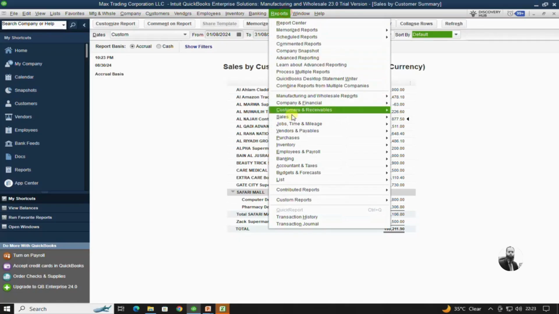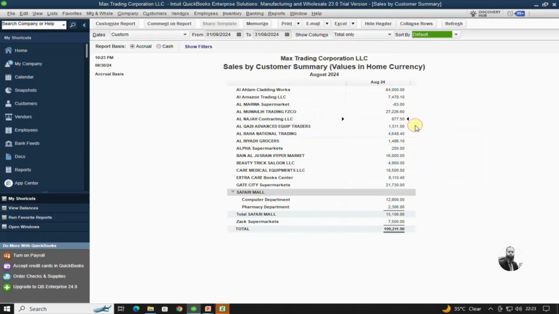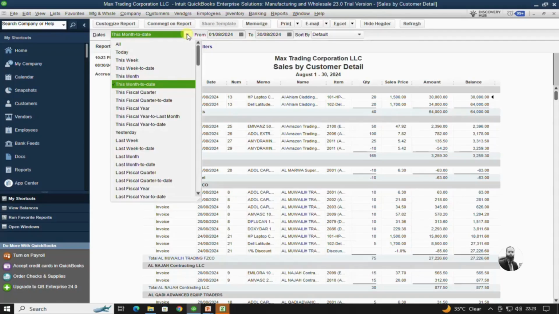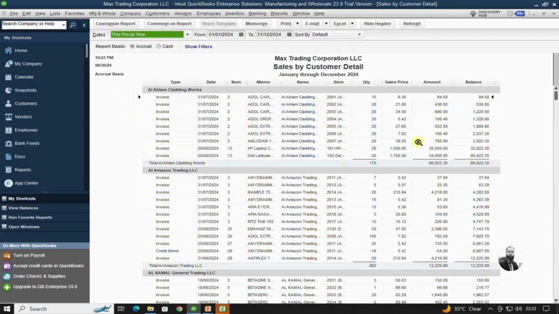You can also see sales by customer detail. It will give you invoice-wise sales for each customer. This report you can also export to Excel and further work on it. You can modify the dates. You can ask for different time periods, for example this fiscal year. It will give you the whole year's sales report for each customer,